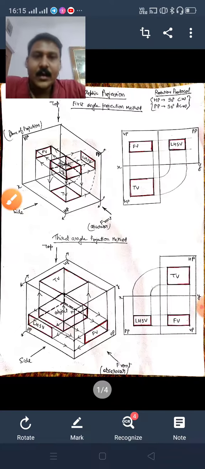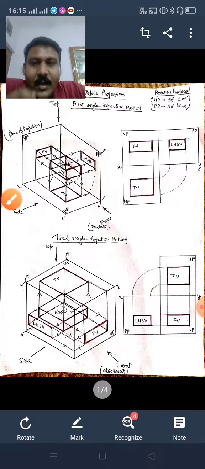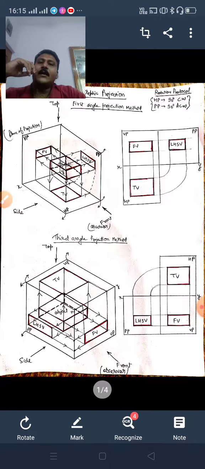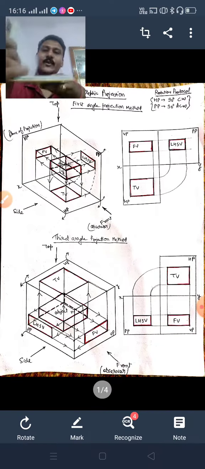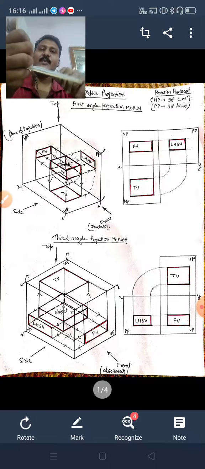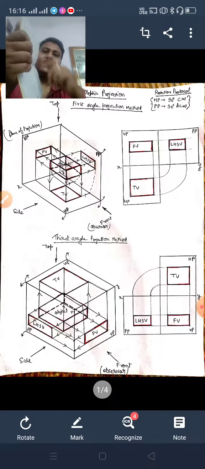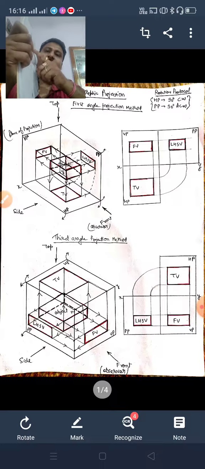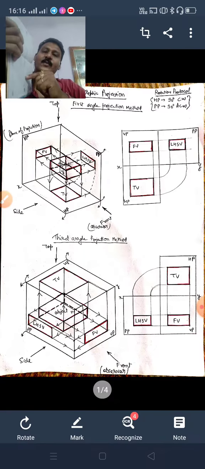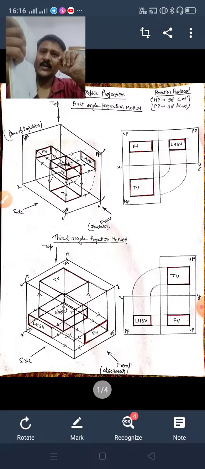Now see here, I have already mentioned that we will be drawing only in the first quadrant and the third quadrant, not in the second and fourth quadrant. Why is this so? Once again I am explaining. This is the condition of the first quadrant, and if we rotate HP 90 degrees clockwise, it is like this, meaning here this is the VP and this is the HP. So here the front view is above the XY line and the top view is below the XY line. This is in the first quadrant.